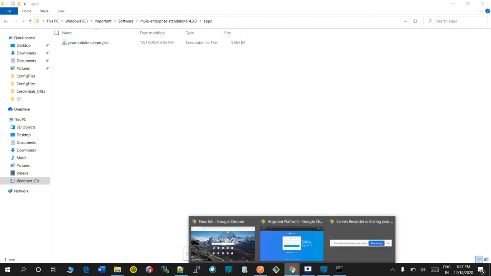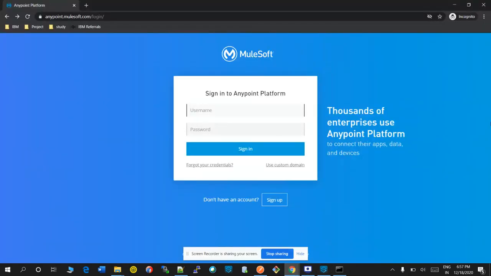Another thing is that we have Anypoint Studio login. You can log in here and you can create the server and you can deploy it in the server as well.